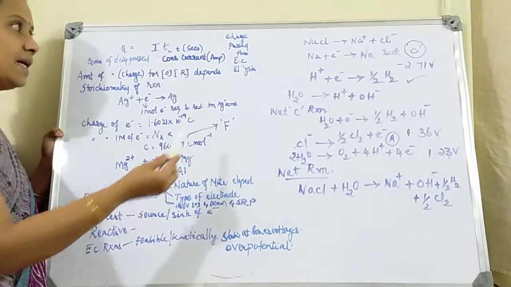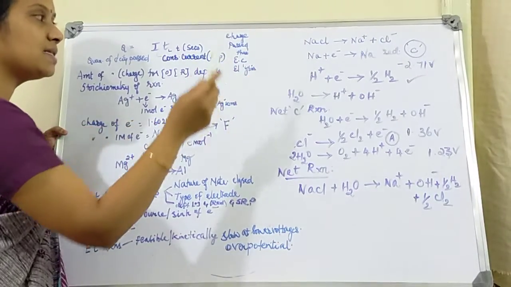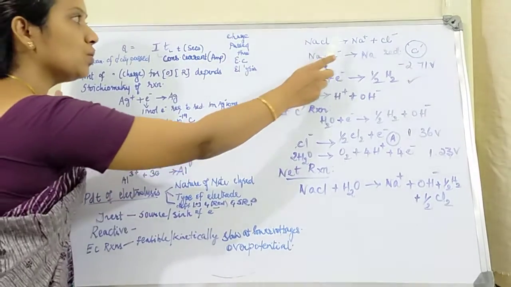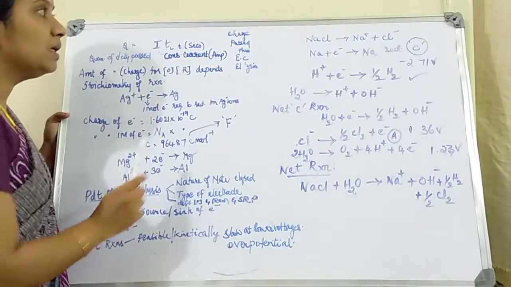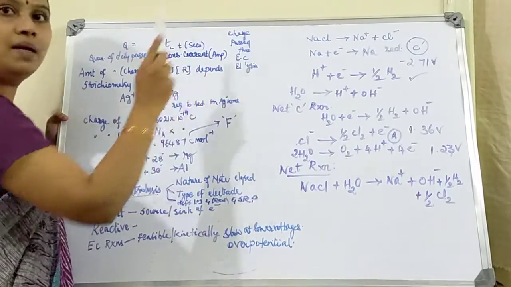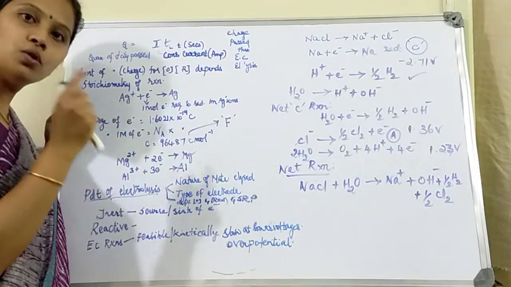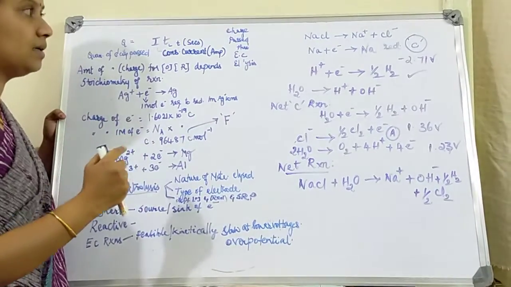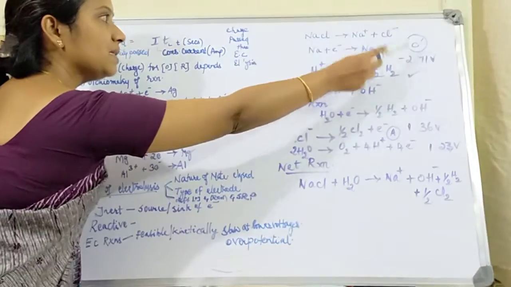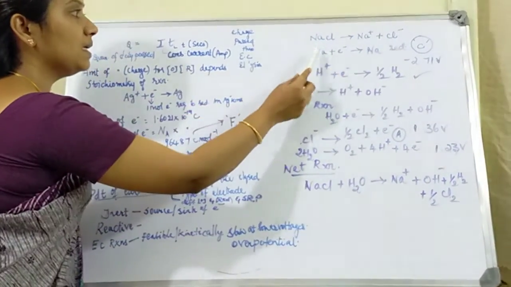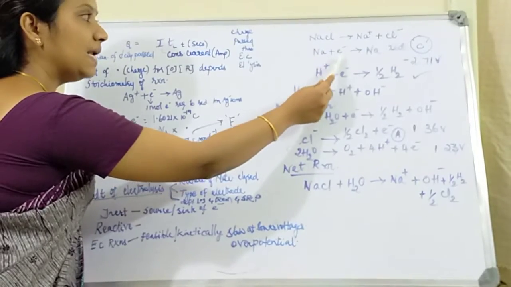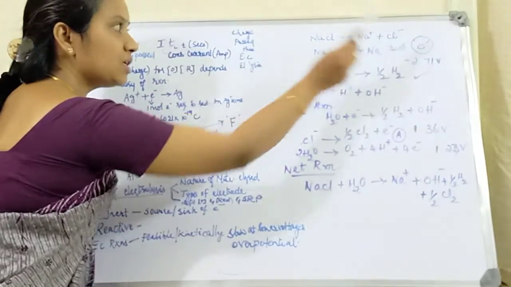Now consider the reaction of sodium chloride. Sodium chloride is an electrolyte. It dissociates to give you Na+ and Cl-. This is a normal reaction. This is a redox coupled reaction, because in this reaction both oxidation and the reduction occurs. Now consider what happens at the cathode. In the cathode a reduction happens, that is Na+ + e- gives Na. This is a reduction reaction.